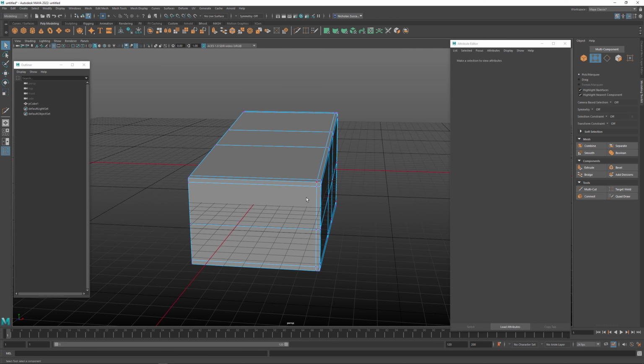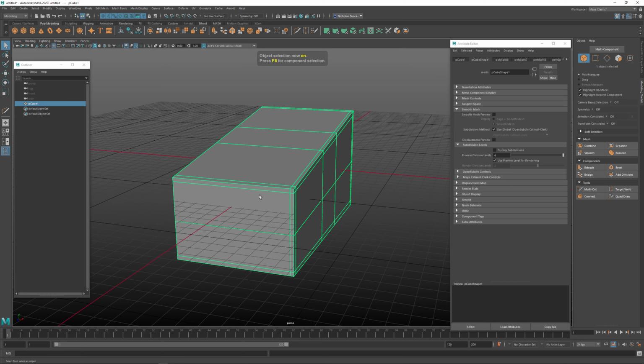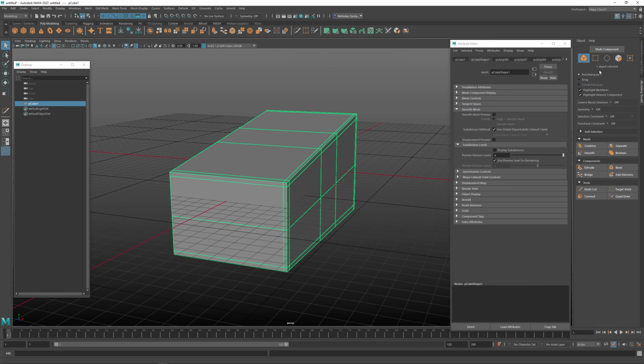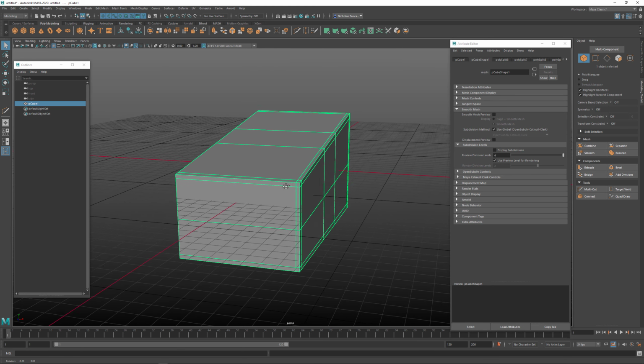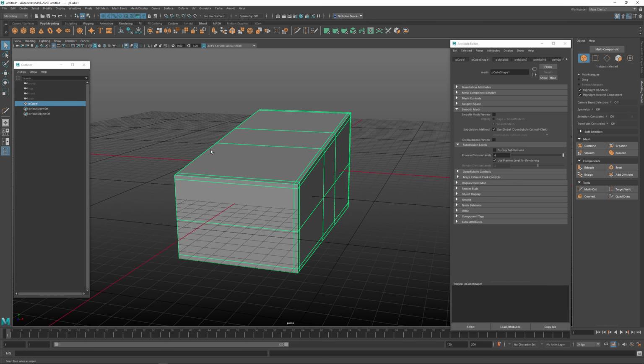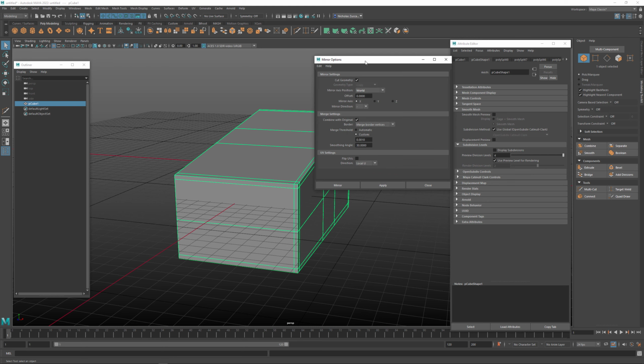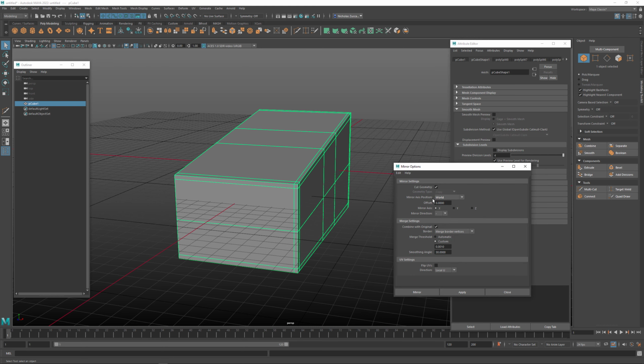But if you run into this problem where it's not behaving so well with the multi-cut tool, what I like to do is build one half of the side and then go to mesh mirror, and then I can always tell it to use these settings. I'm going to cut the geometry and mirror it across the world axis this way. So I want everything geometry wise on this side to be on this side. So I've got a mirror direction of negative right here. So I'm pulling mirror x